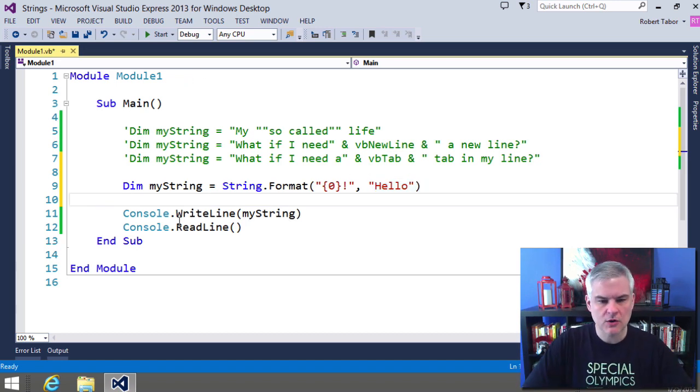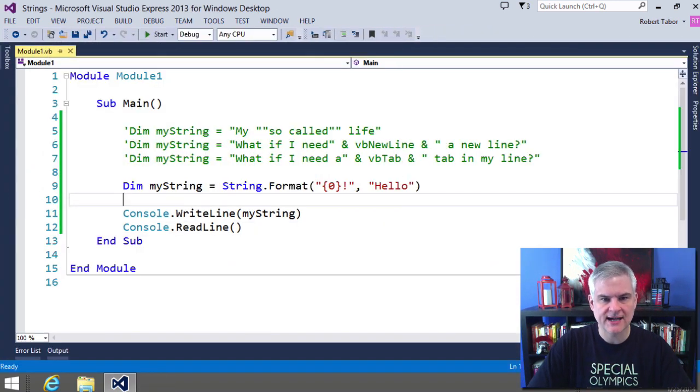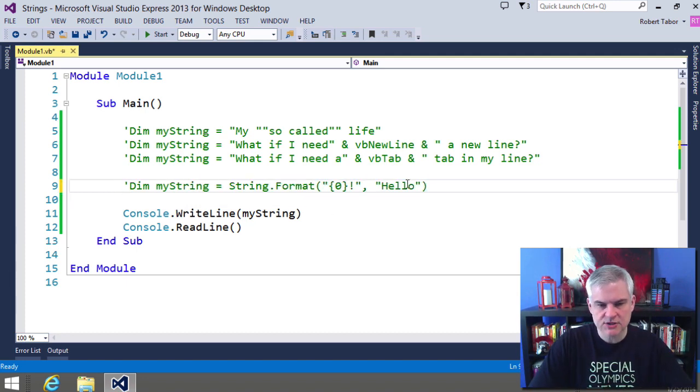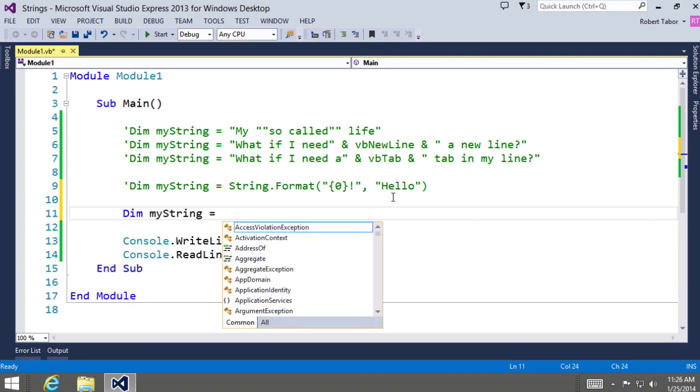So we know what this will produce if we run our application. We are familiar enough with that. But what you may not realize is the extent to which you can go with this. Let me demonstrate one other example here. And we saw something like this before, but for the sake of building on this idea,